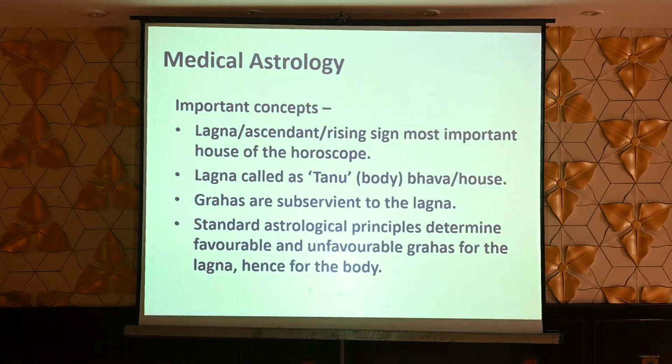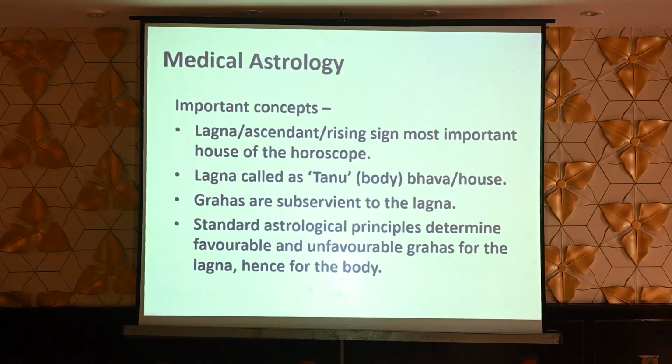Grahas are subservient to Lagna because, you see, when a certain sign rises in the ascendant, that is the first house. For example, the second sign rises in the first house, so third sign will be the second house. Fourth sign will be the third house. So similarly, seventh sign will be the sixth house. So sixth house is bad, so the lord of sixth house will change according to the Lagna. So even if you have a good planet, you see,